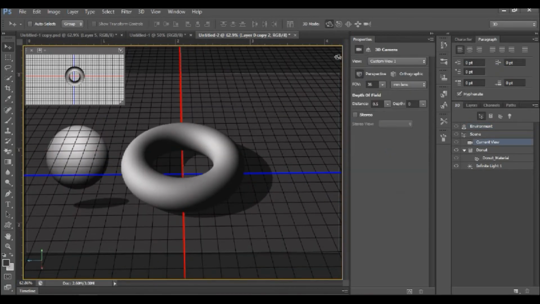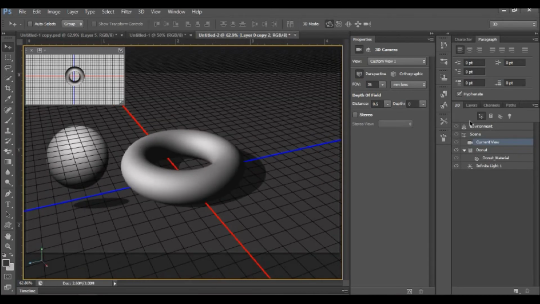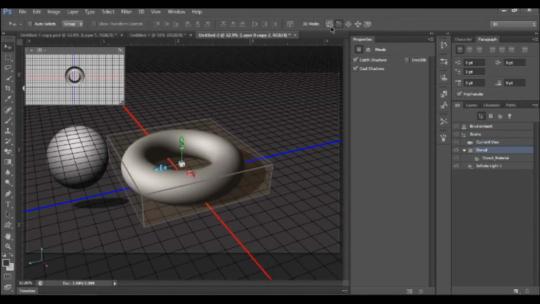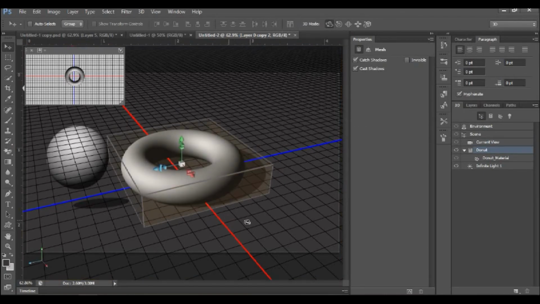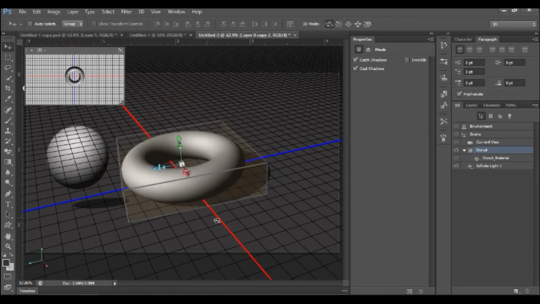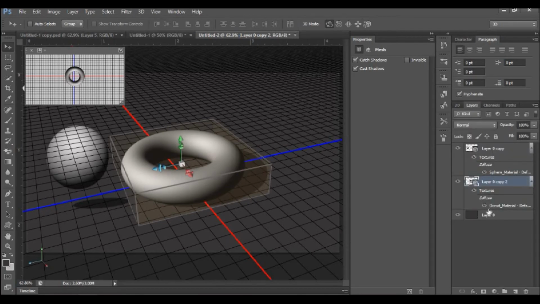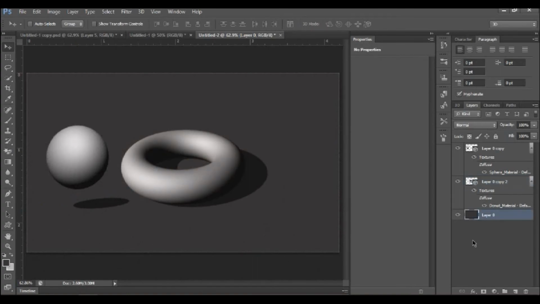But if you rotate this object, like selecting this object and rotating it, the grid doesn't rotate. You can see here. So guys, this is the basic of the 3D.